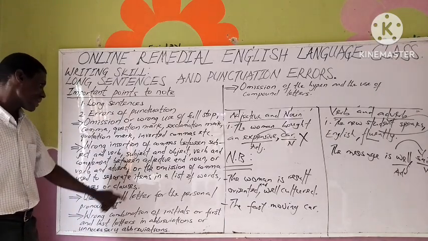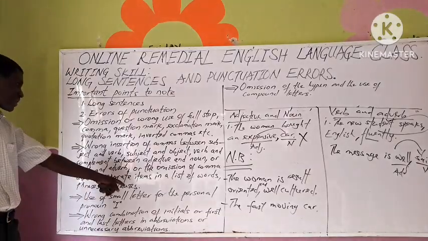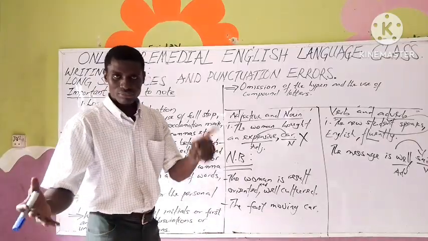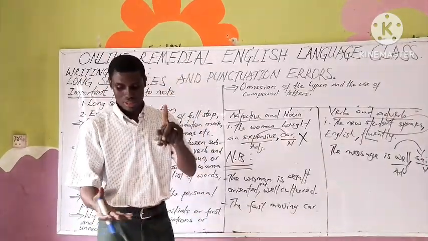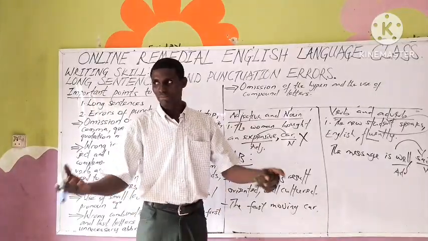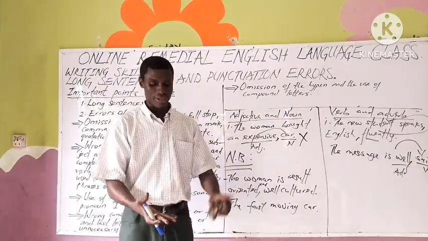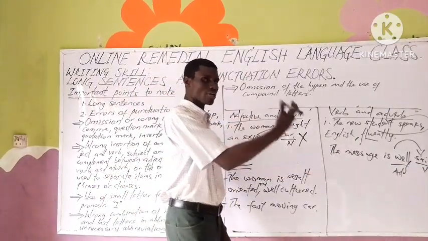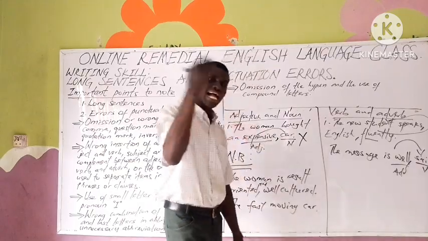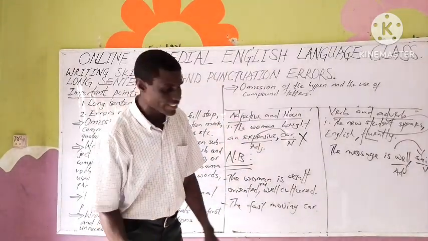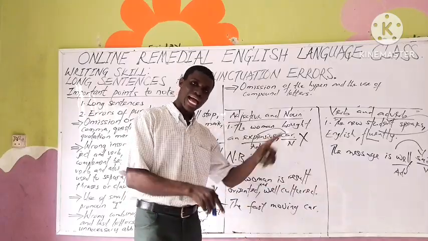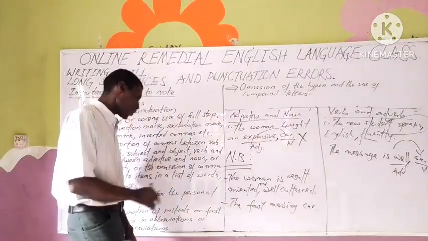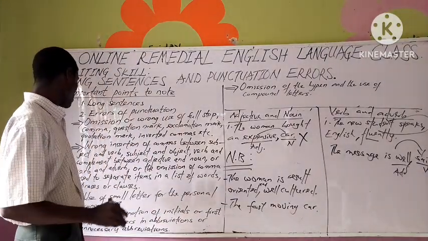We have verb and adverb, and the omission of commas used to separate items. Like I said, my mommy bought the first thing, second thing, third thing, maybe a gas cooker, a pot, and the list continues. After each of them, there must be a comma. But for the item before the end, there is no need to put that. If you put that, that is abuse. That is wrong use, rather. Wrong use of the comma. It is important we pay attention to this.